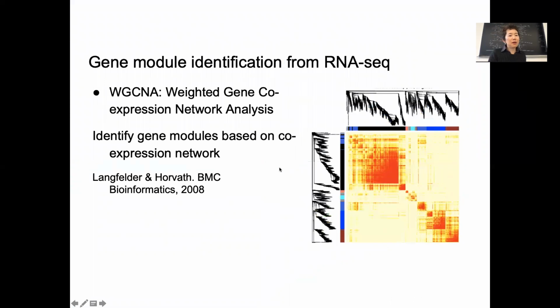This one might be a little bit more advanced. If you have time, you can explore this. If you have a big cohort of microarray samples or RNA-seq samples, you could look at which genes are co-regulated, and they can form these modules. So you can identify gene modules based on whether they are co-expressed in all the tissue samples together. You might want to do this for the genes that are differentially expressed between cancer and normal, and see whether they always co-occur together. And maybe they are important for some important functional